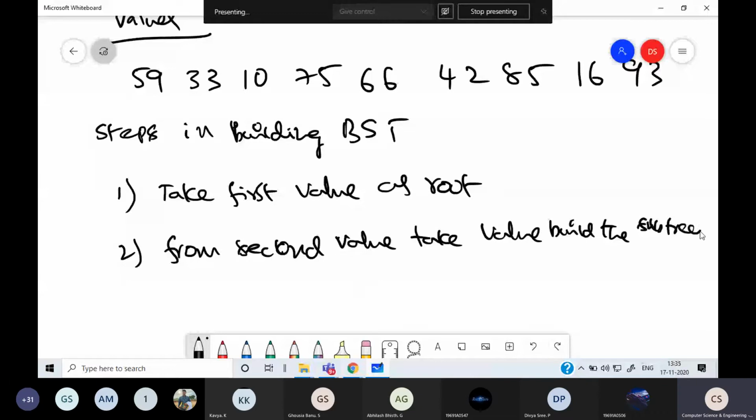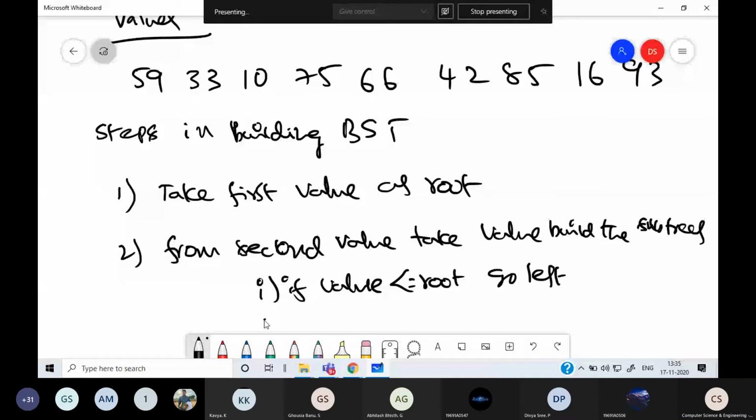How do you build the subtrees? If the value is less than or equal to the root, go left, otherwise go right.